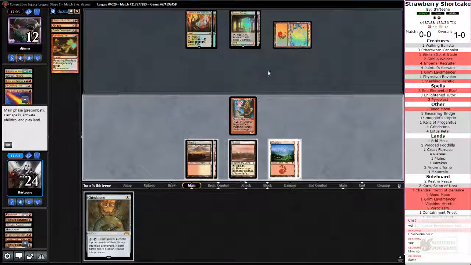Alright, so Heretic attacking for one's not going to do a ton. They are at 12, and I don't know what they have in hand. These Ancient Tombs are really hurting them. I actually am going to attack. This is likely a mistake, but